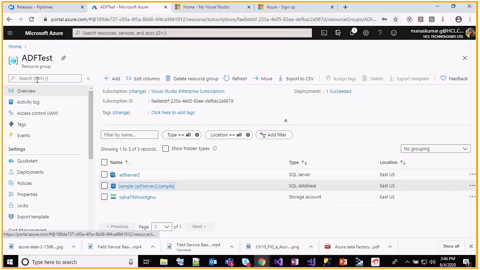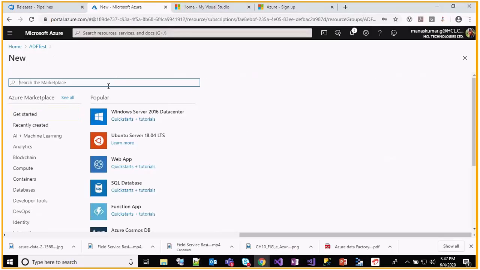So after creating the resource group, now I want to store my username and password. If my application wants to use the server with the username and password, I should provide it. But providing the username and password directly in the connection is risky, because there are chances of revealing the password to the people who are working on it. So instead of that, I want to create a key vault.